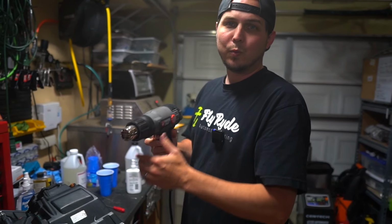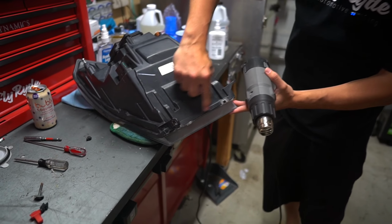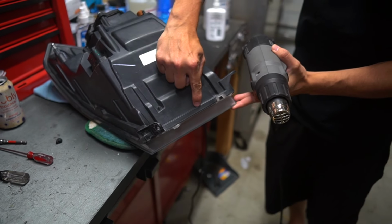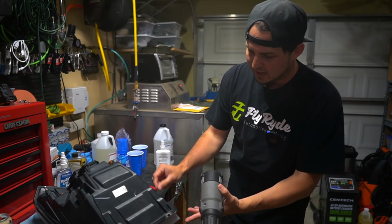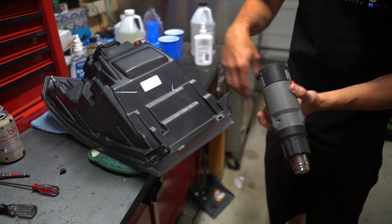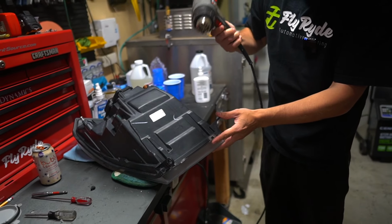First thing that I wanna do when I'm gonna take the lens off is I wanna hit this tab, because I know that this tab is made out of clear plastic. It means it's way more brittle than this black plastic right here, which is gonna respond better to heat. It's not gonna break super easy if I pry on it, whereas this stuff, if it's not hot enough, it's just instantly gonna snap. So I actually wanna pry that off the tab by getting it super hot with the